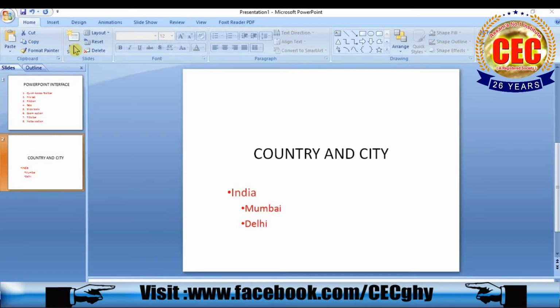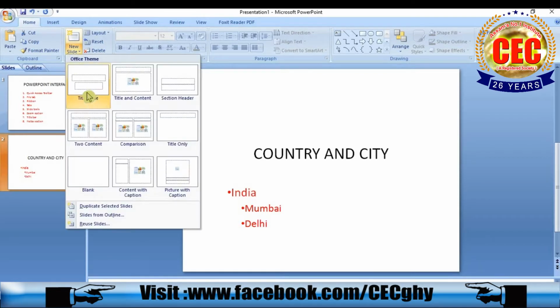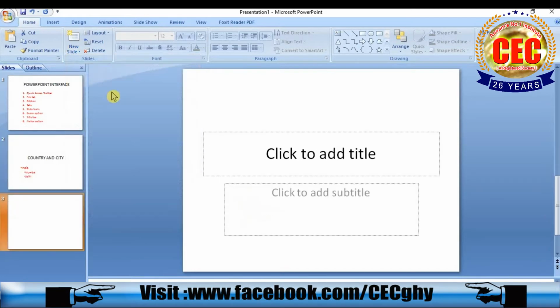If you go to the new slide, you can insert a title and content.